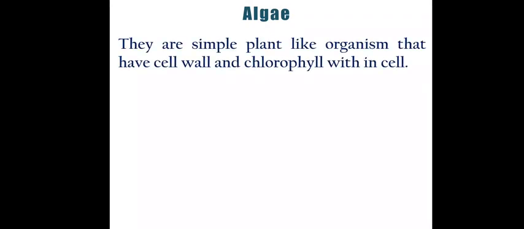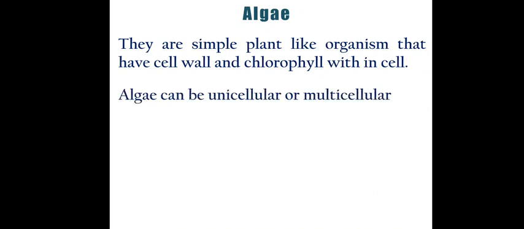Okay, moving ahead, the second type of microorganism is algae. Remember, you have seen this organism very well in your surroundings, in ponds and lakes. Normally they survive in water bodies, and they are simple plant-like organisms. The appearance of algae is basically like a plant, and they have a cell wall like a plant cell. They have chlorophyll in them, so normally they are green in color, and they can be unicellular or multicellular. I am going to show you a slide picture of it also.